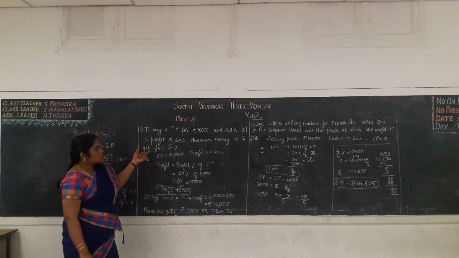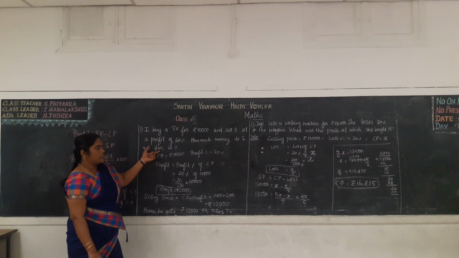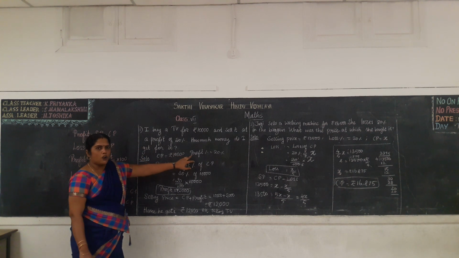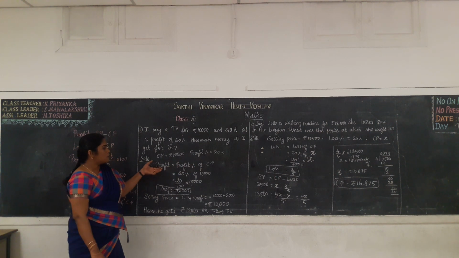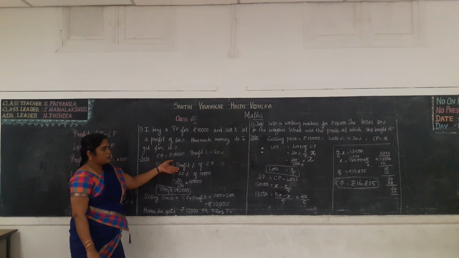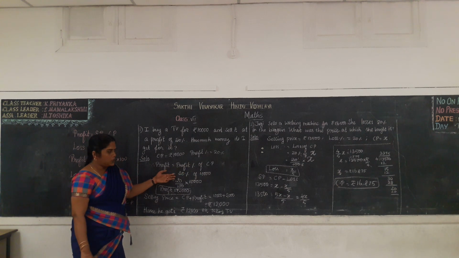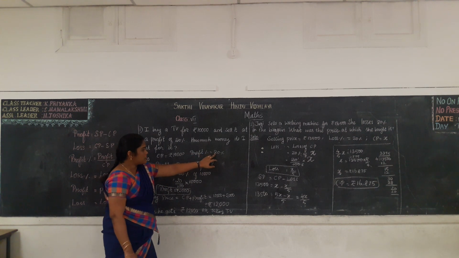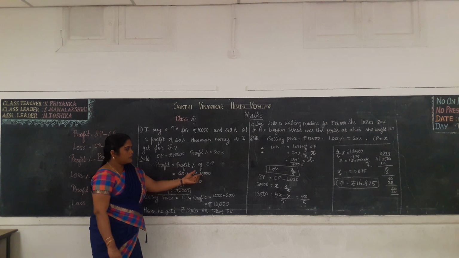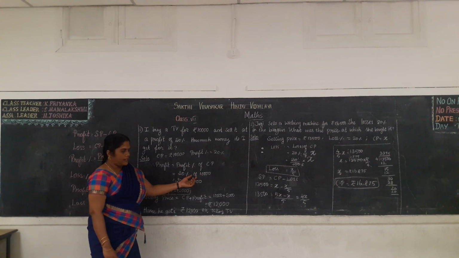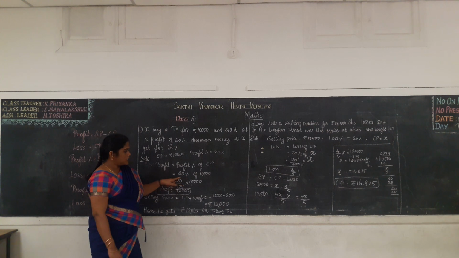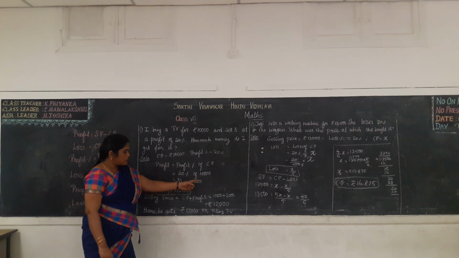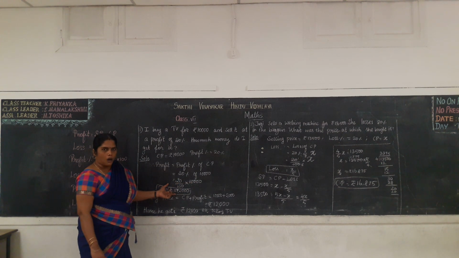In this question they ask how much money do I get for it, which means they ask the selling price. For that we need the value of profit, because here they gave the profit percentage value only. Okay, so profit is equal to profit percentage of cost price. Now you substitute the value here. So profit percentage is 20%. So 20% of 10,000. Now here this 'of' means into. Okay, so 20% means 20 by 100 into 10,000. Now we cancel these two zeros, and we get profit is equal to 2,000.